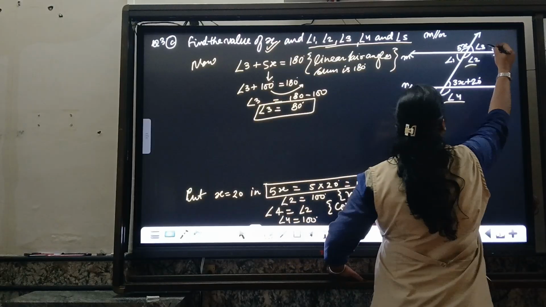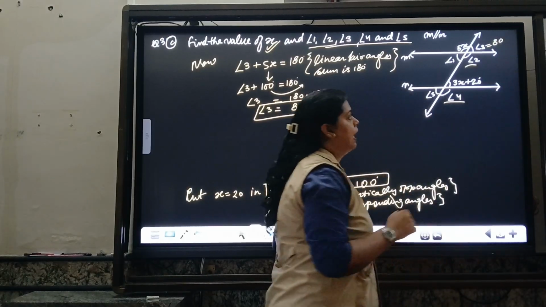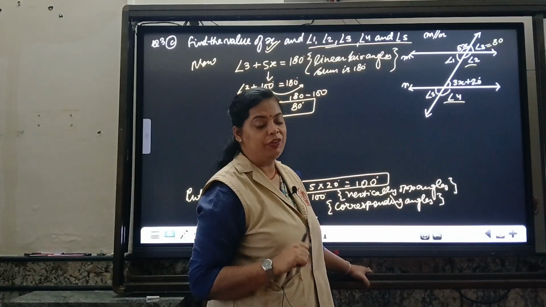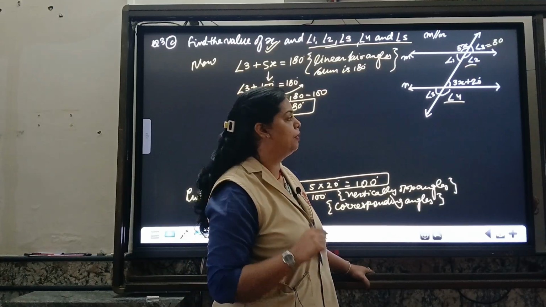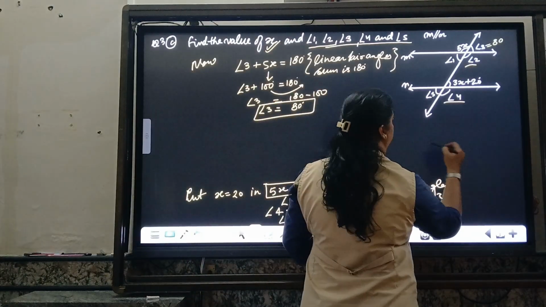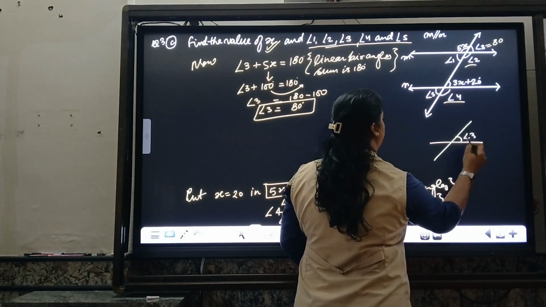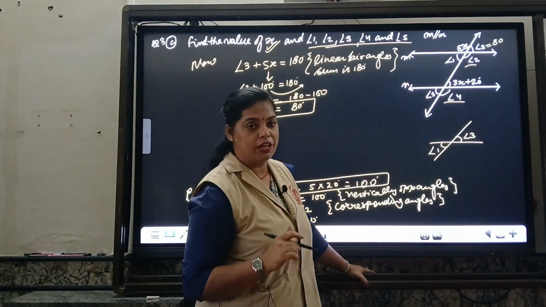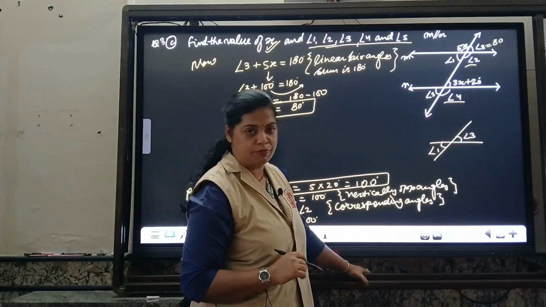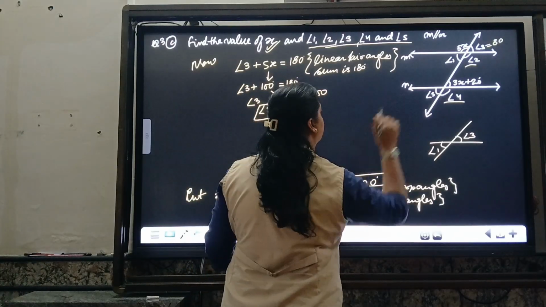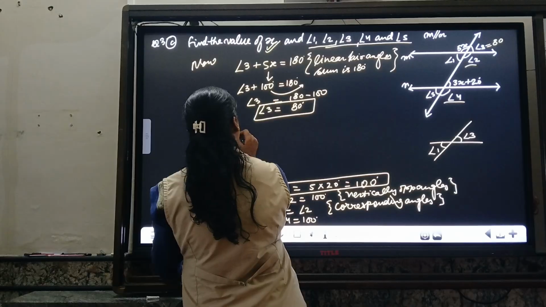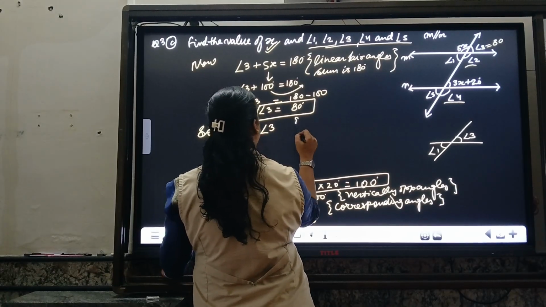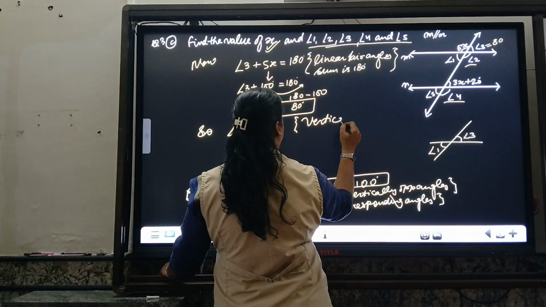If it is 80 degree, then which other angle should be 80 degree? By the figure we can say angle 1 and angle 3 are forming a cross X. Here is angle 3 and here is angle 1. So angles forming a cross are vertically opposite angles, so their measurement should be equal. So I will write angle 3 and angle 1 should be equal. Angle 1 is equal to angle 3, reason vertically opposite angles are equal.